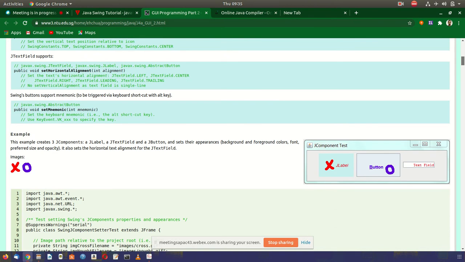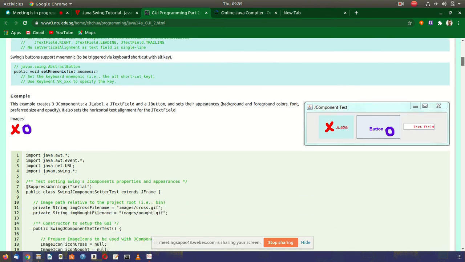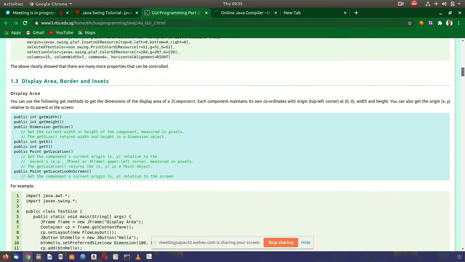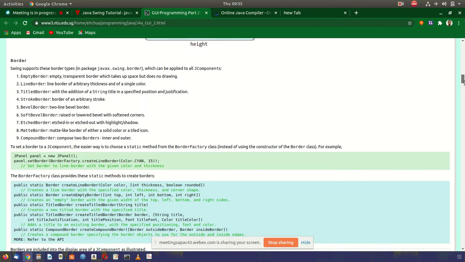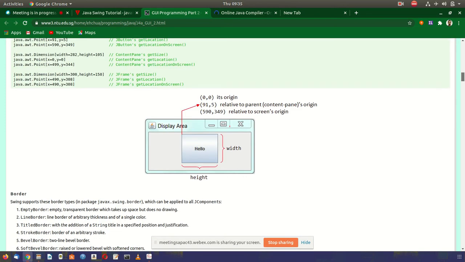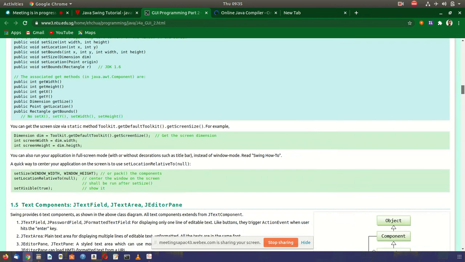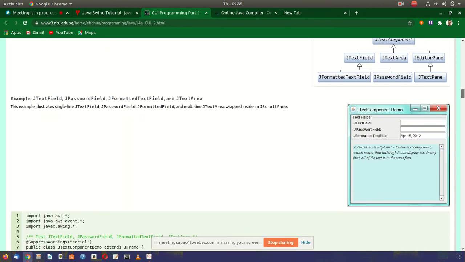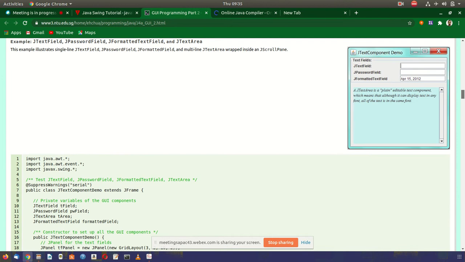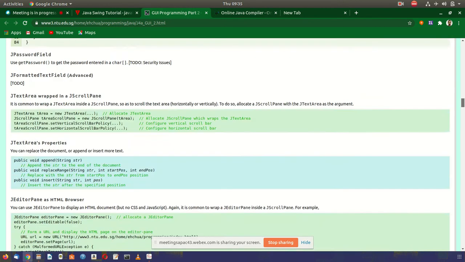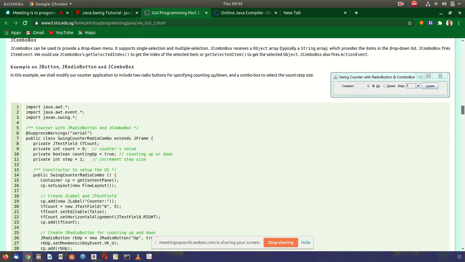Like here you can see an example of a graphical user interface. Then some simple examples of graphical user interface, like this is a graphical user interface, and here another example of a graphical user interface. Here another example, up down.